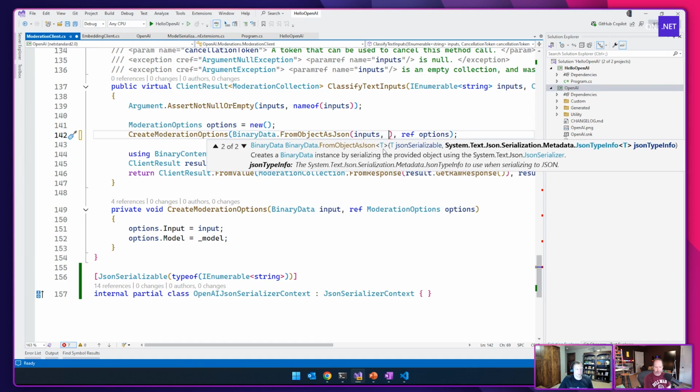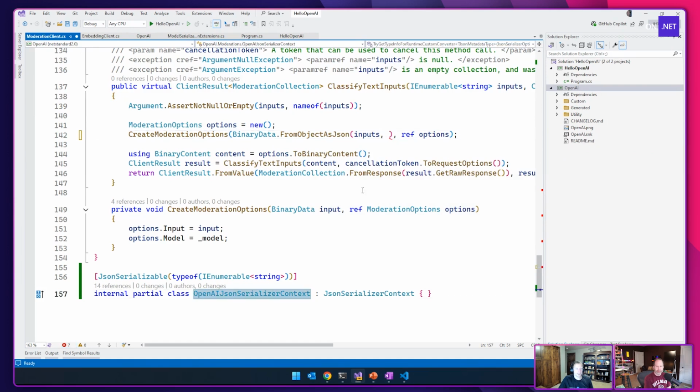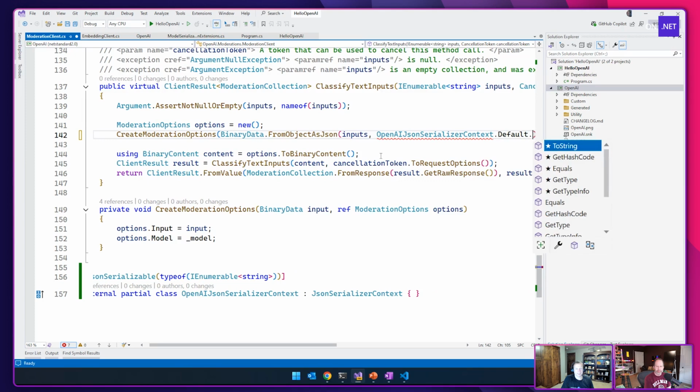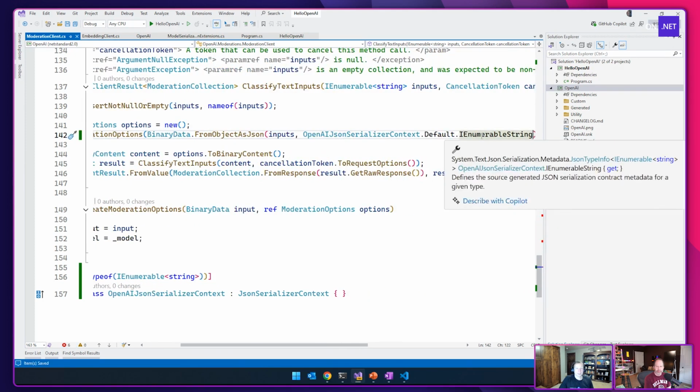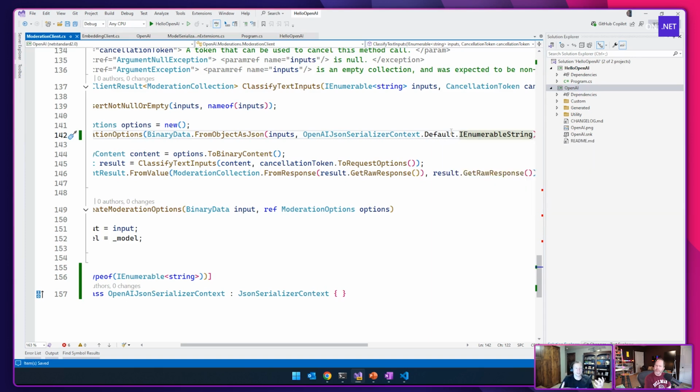So what I can do is make the source generator, and now when I call FromObjectAsJson, I can say OpenAIJsonSerializerContext.Default.IEnumerableString. So this thing is the JsonTypeInfo for IEnumerable of string. It has all the stuff in it to be able to serialize and deserialize IEnumerable of strings to and from JSON.